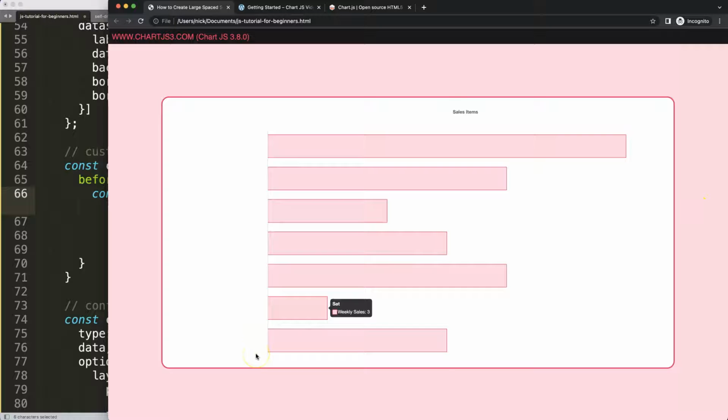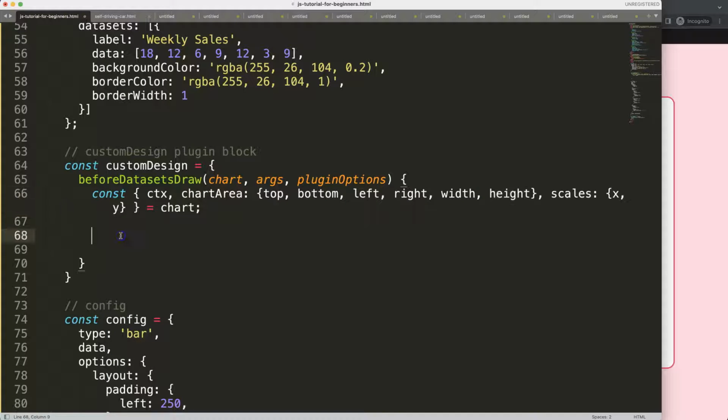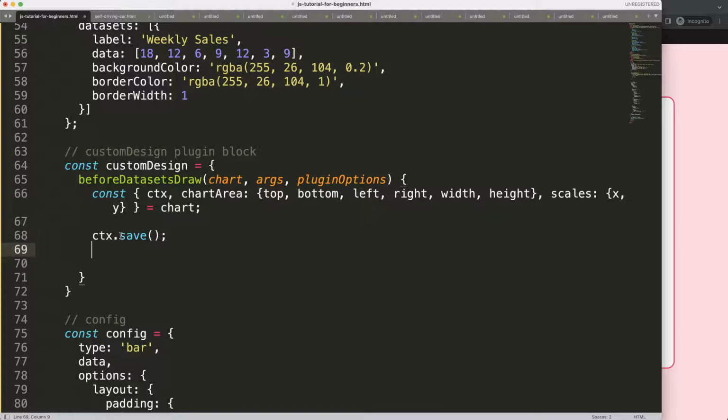So that will be the first item we want to draw here. The ticks from left to the right, and basically from beginning all the way to the end, or at least for this one. But for that one here will be a dotted line. So let's do the dotted line first. What I'm going to say here is ctx.save, and then once we do that, we're going to say dotted line,